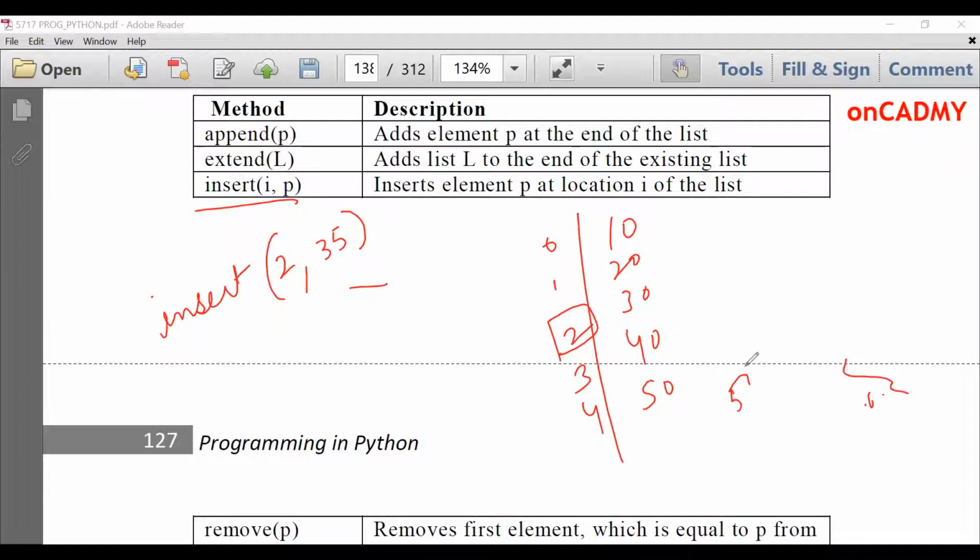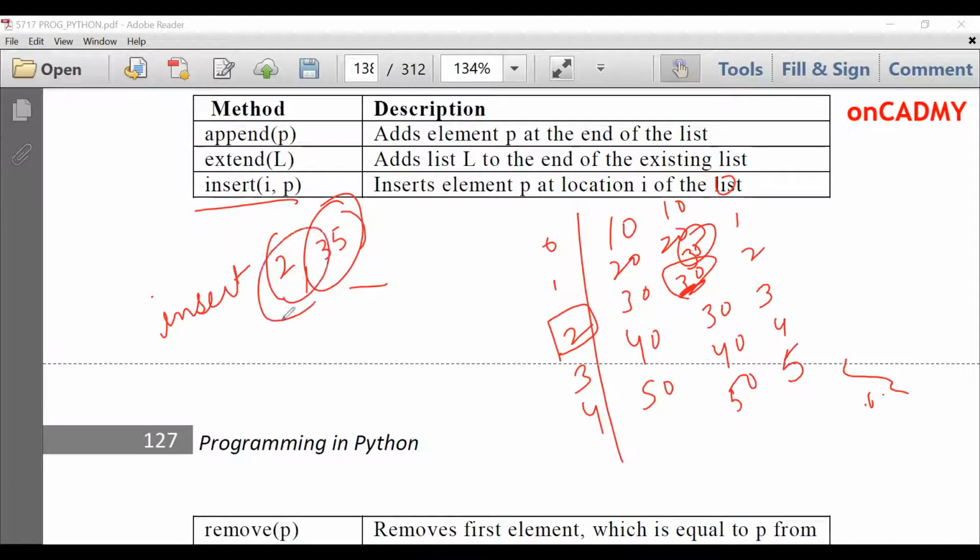Then 50 will go at index location 4, 30 will remain over here. It will go at location 5, 4, 3, 2, 1, and 0. Fine. Now 30 will be replaced with 35. This happens internally by the interpreter, but it can be done by simply using this method, insert i comma p, which will insert the new element 35 at location 2.